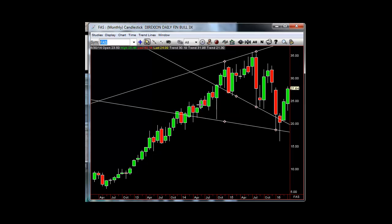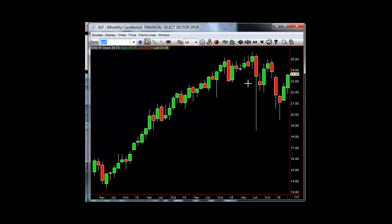Because FAS here, you can see, is very similar. Nowhere near the highs, and you get the XLF here a little bit better, but are these underperforming sectors going to get rotated into? Because each day, as we've seen with the SPY and the Qs,